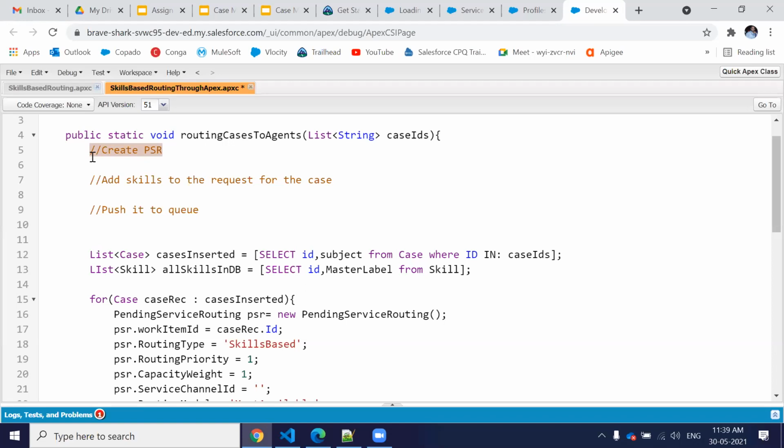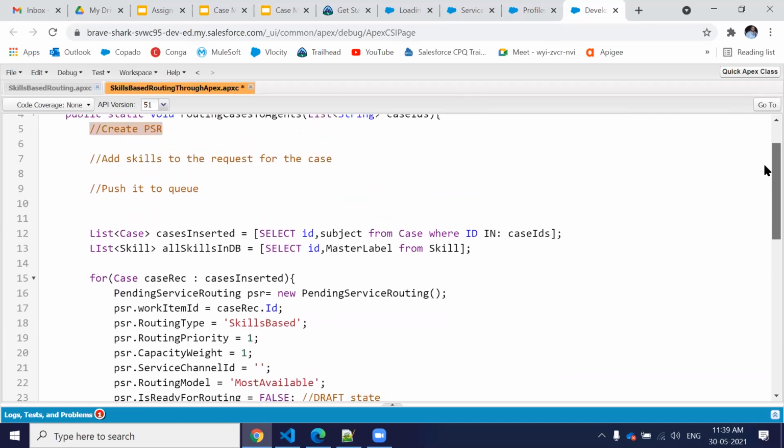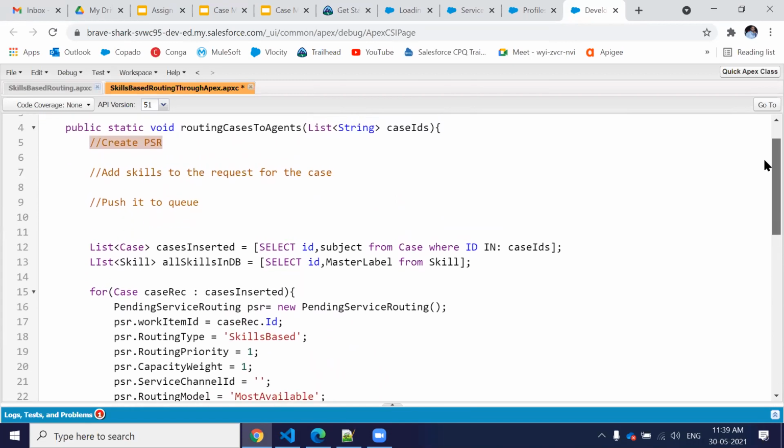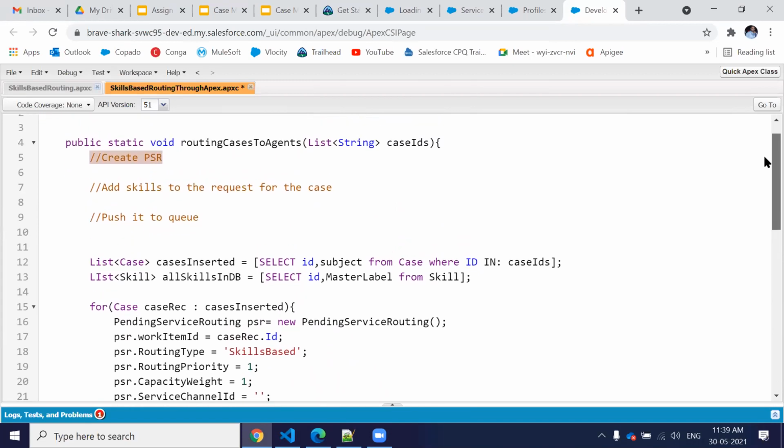Whenever we are using skill based routing, this is the first step, because we are telling the Omni-Channel that my case is created. I got the case inside Salesforce, and I have put that case inside my pending service routing. It means the routing is not triggered yet.